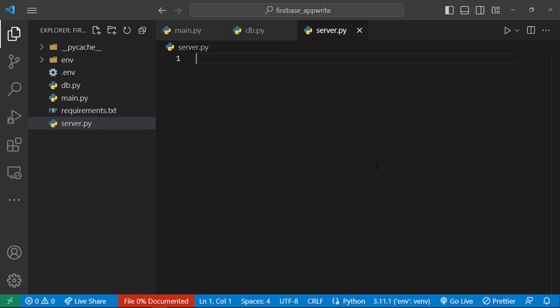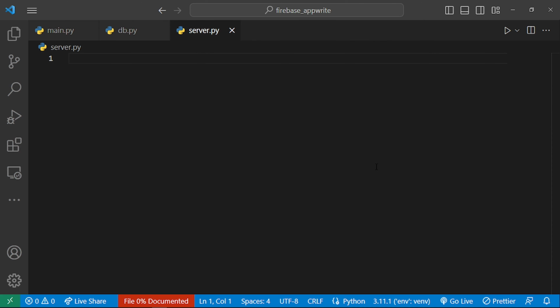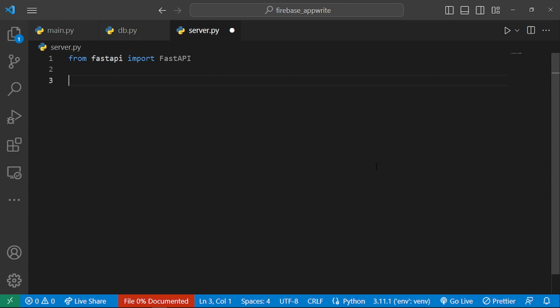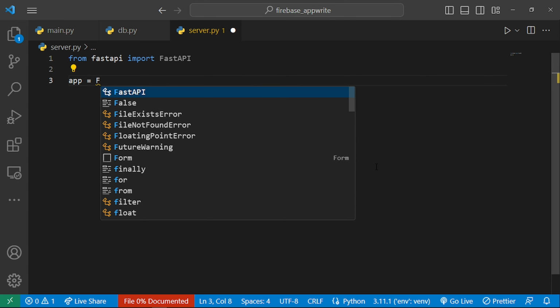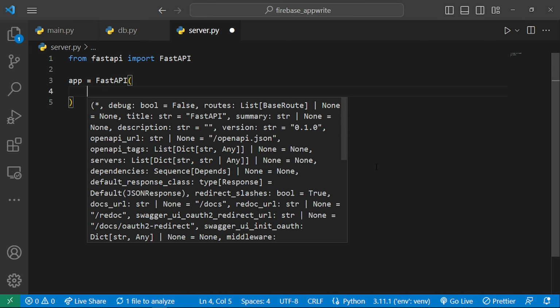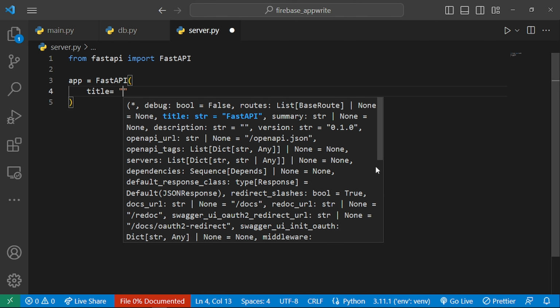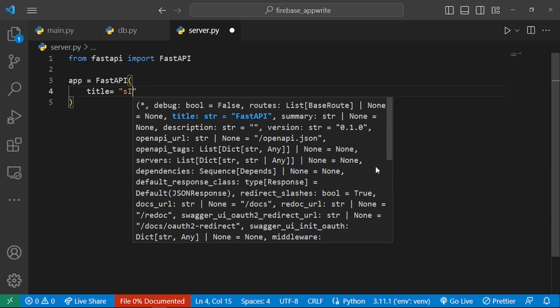To begin, we are going to first set up our FastAPI. We're going to begin by importing the FastAPI class from FastAPI. So we shall say from fastapi we are going to import FastAPI. And once we've been able to do that, we shall create our API instance. So we shall say that app is equal to FastAPI. We shall provide for this a title, and our title in this case will be simple